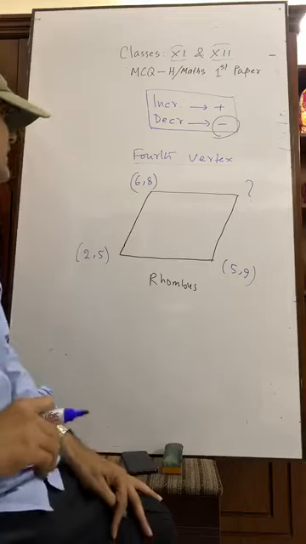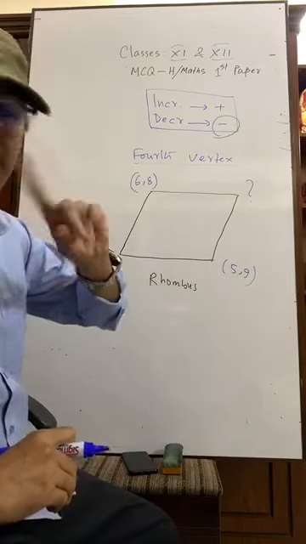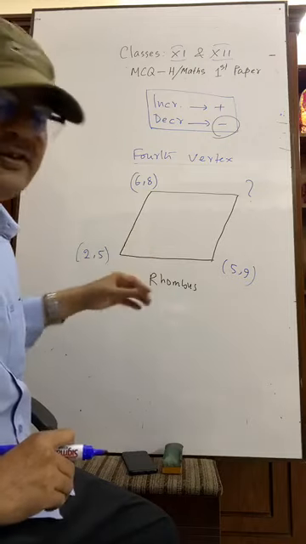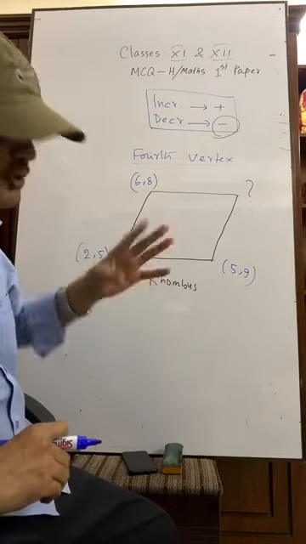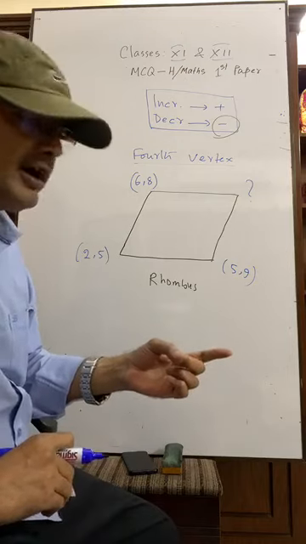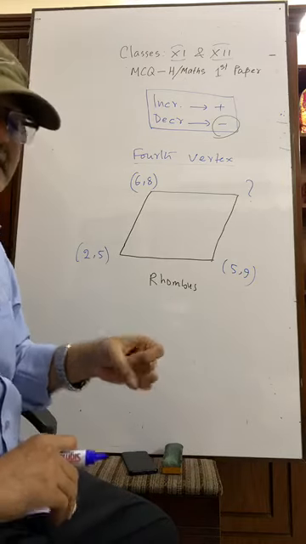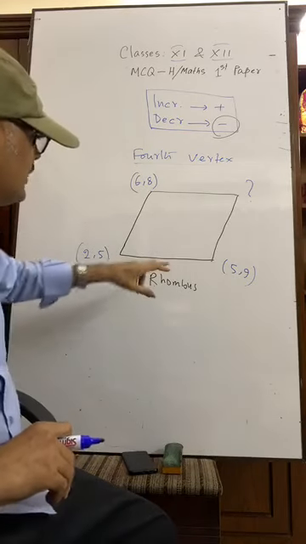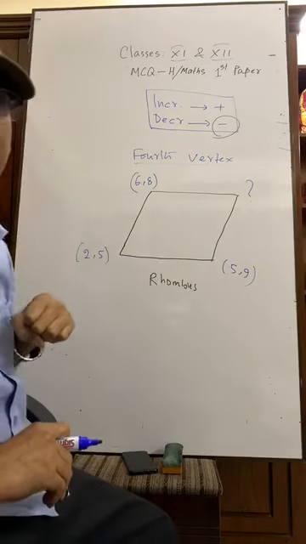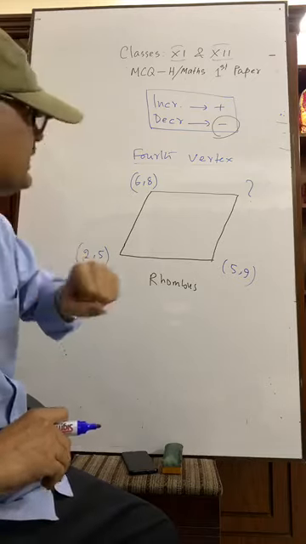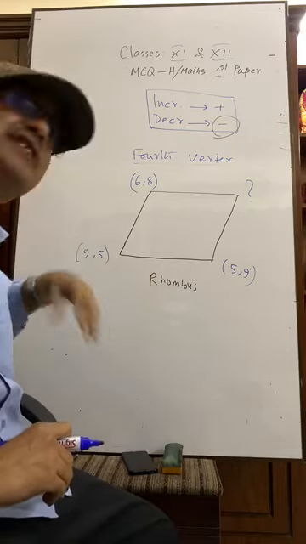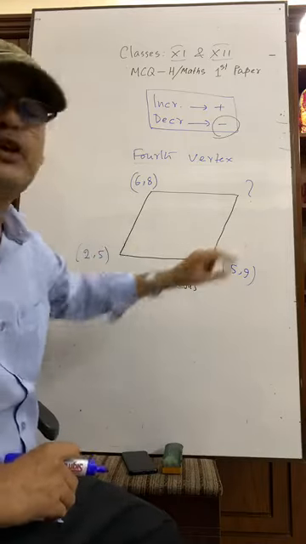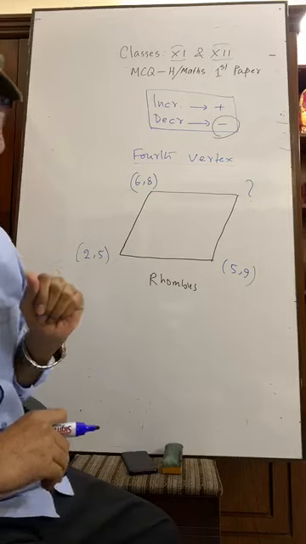Okay, that's good. I'm not saying it is a bad idea, but see my method, you can answer it within 30 seconds. Rhombus, square, rectangle, parallelogram: these 4 have a common character. Their opposite sides are always equal. This side and this side are equal, this side and this side are equal, for all these 4 quadrilaterals that I mentioned.